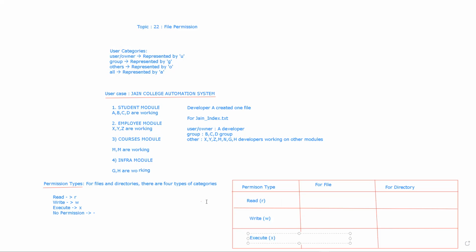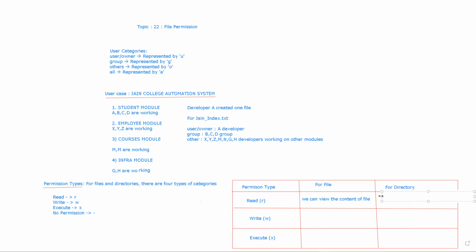So when I say read on a file, what do you mean by that? Read on a file means we can view the content of the file. You can read that file.